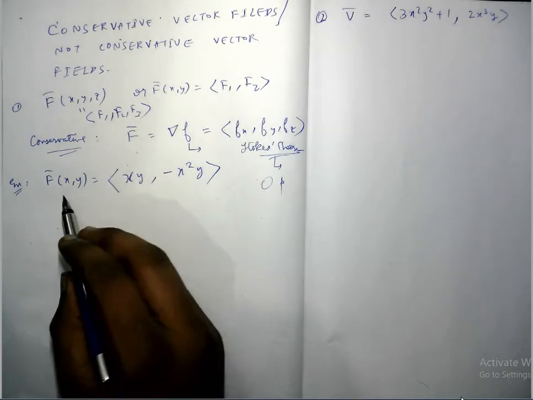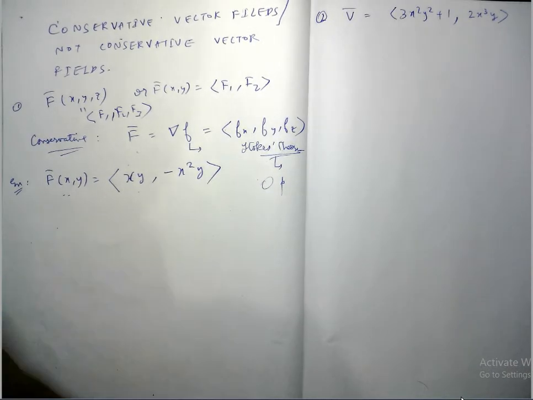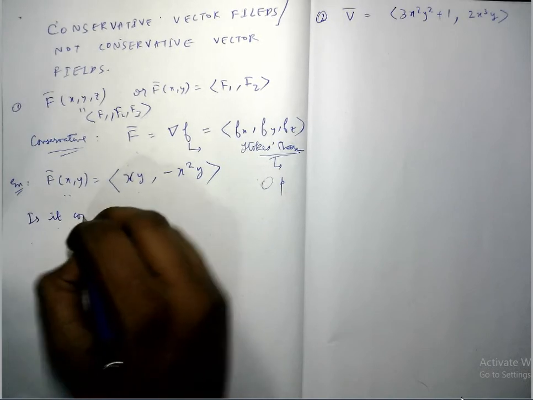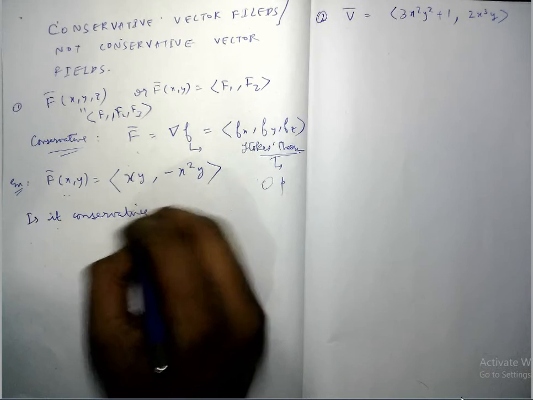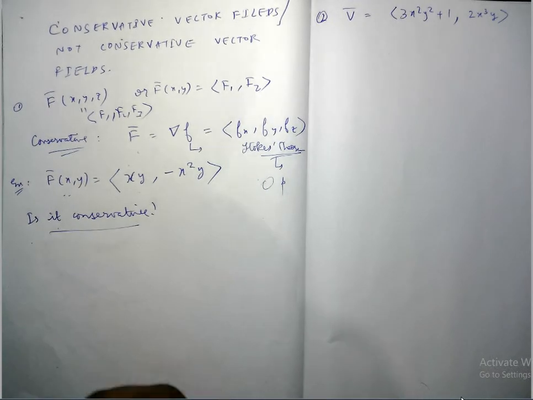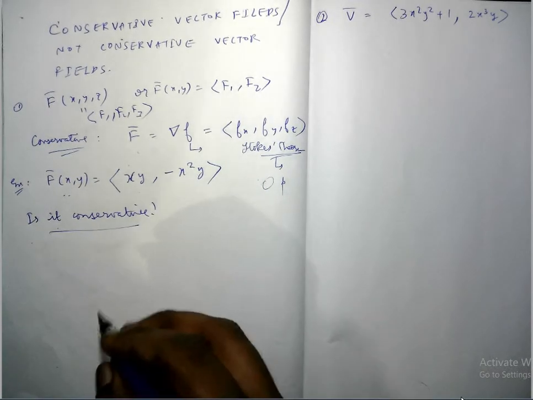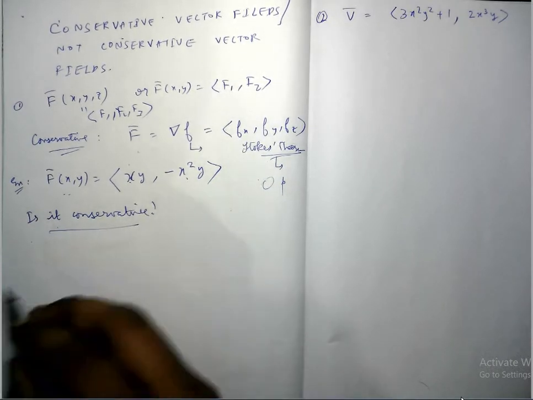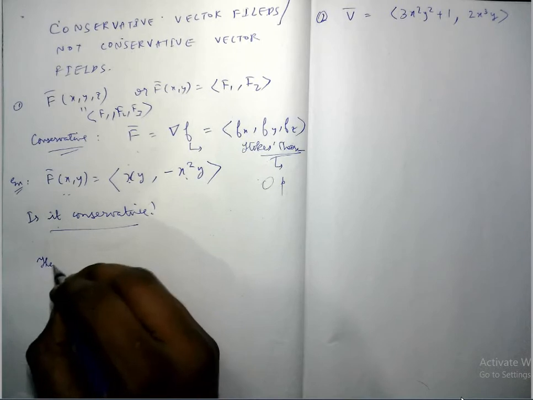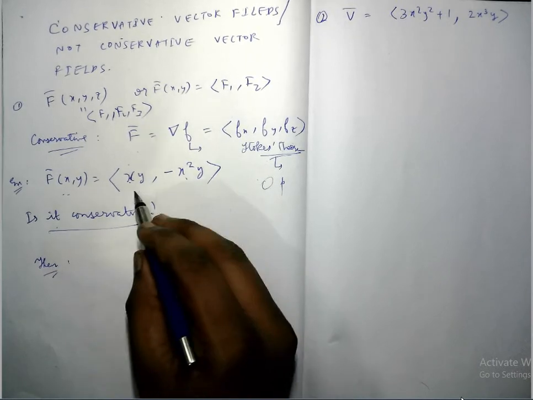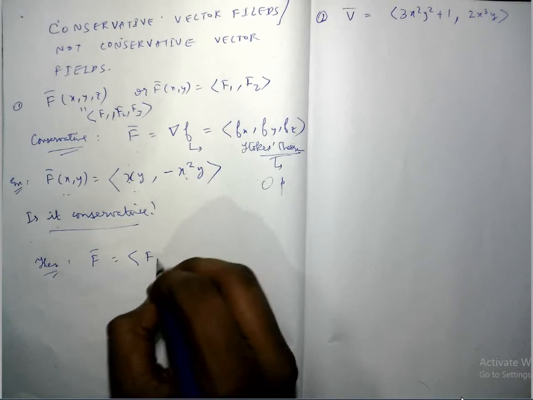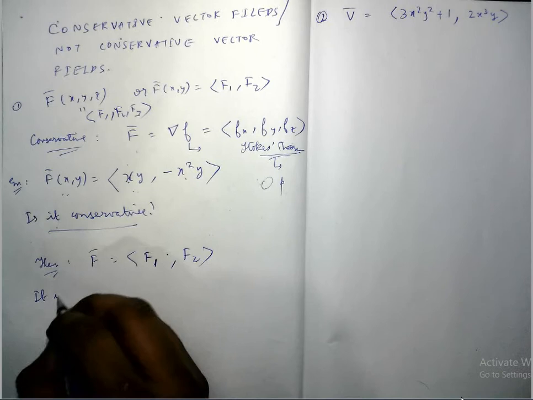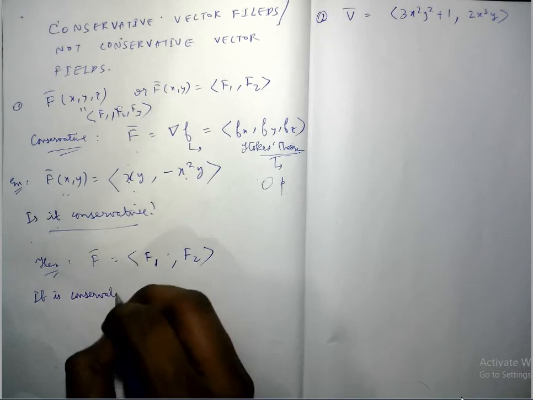So we are given the following example: F(x, y) = (xy, -x²y), and the question is, is it conservative? As mentioned in Dr. Blank's video, if you want to find out whether a vector field is conservative or not, and it is two-dimensional, then let's say F is (f1, f2),